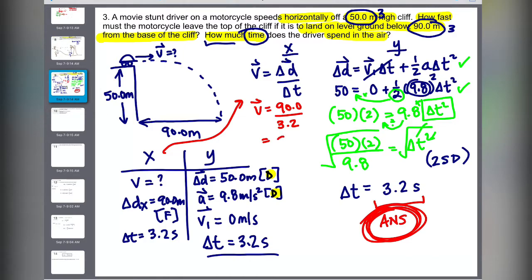Round it to 2 sig. So the answer is 28 meters per second. Okay, so that's my answer, and that's my answer. So those are the two. So if you were to write your therefore statement, the time it takes at 3.2, and